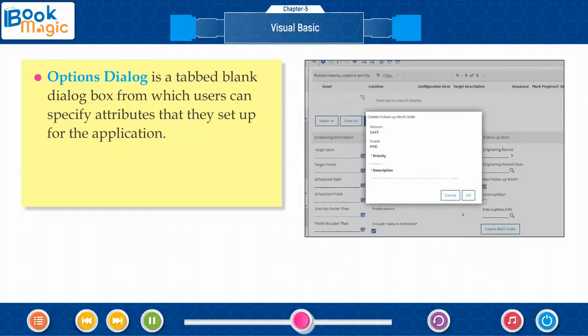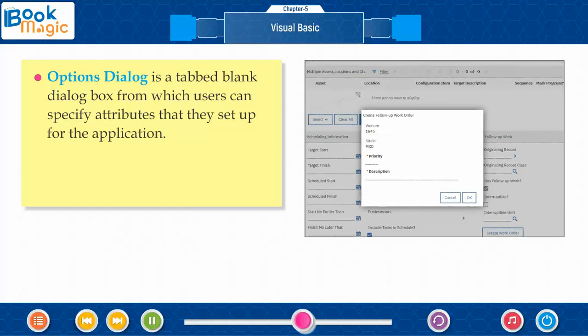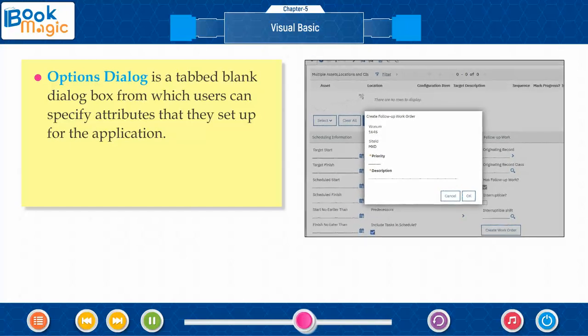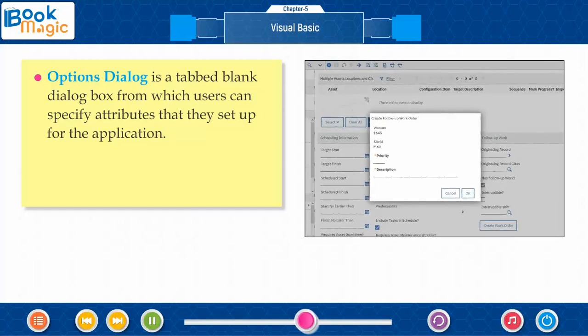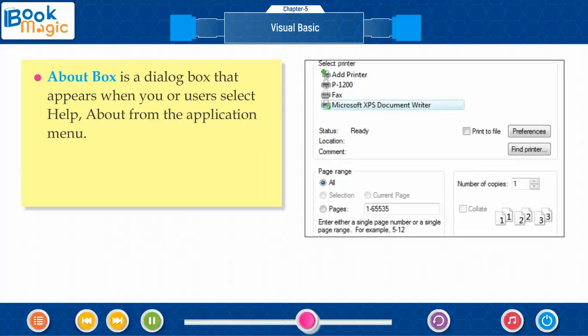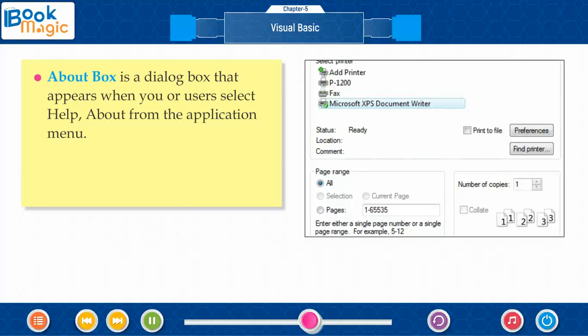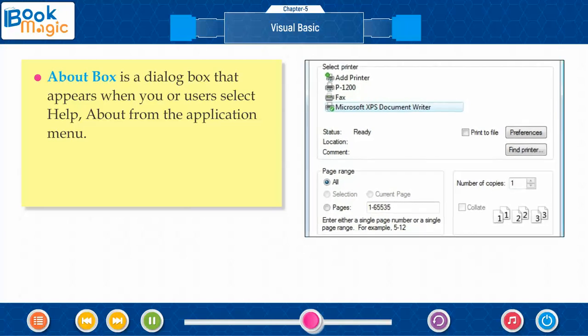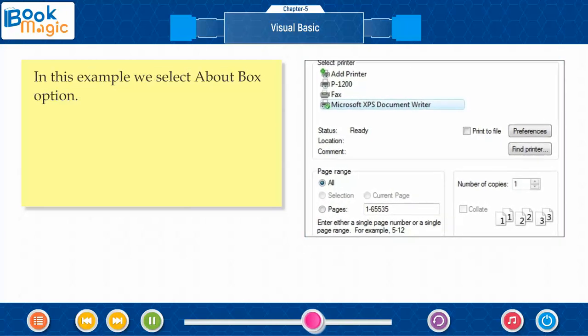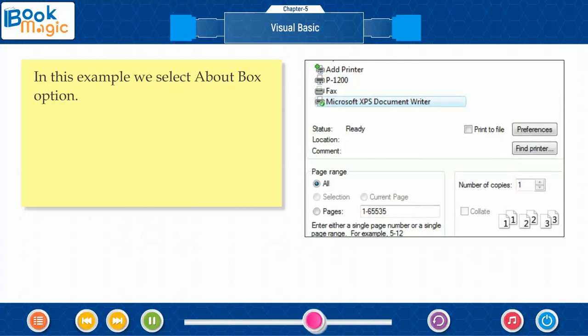Options dialog is a tabbed blank dialog box from which users can specify attributes that they set up for the application. About box is a dialog box that appears when you or users select Help About from the application menu. In this example, we select About box option.